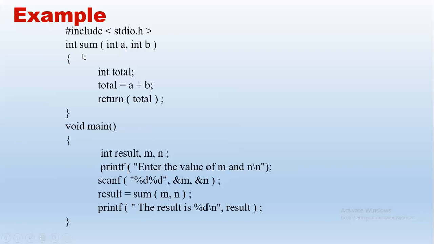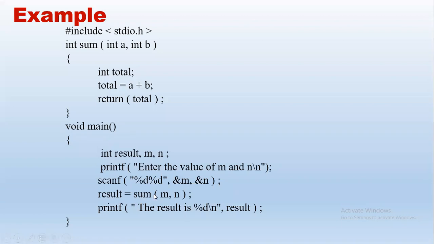Find the total. Here we are returning an integer value. So we will return total. It will not return the variable total. Note that total is a local variable. It is only used here. It will return the value. That means 1 plus 2. It will return 3. So it will return the number value 3 and that gets stored to result.